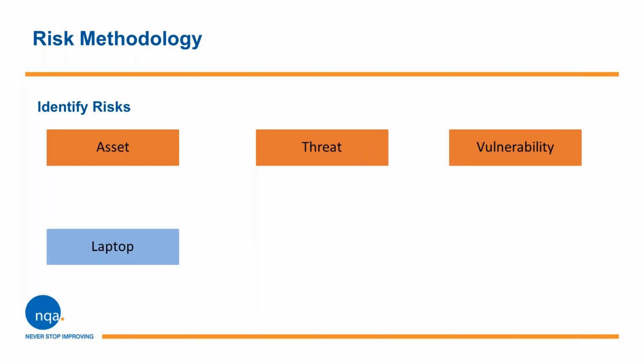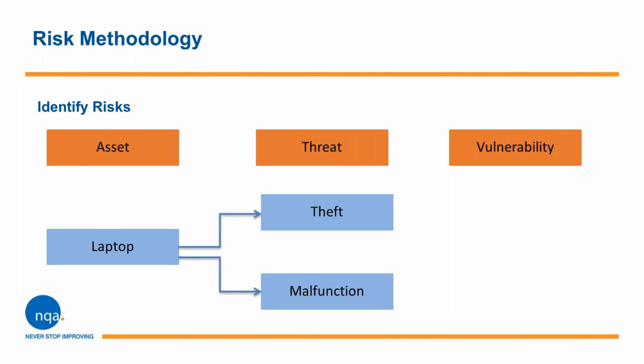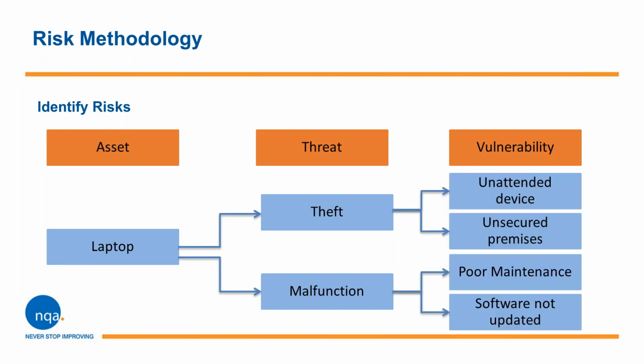So let's have a little look at, as I previously mentioned, a laptop and how to identify risk from this asset. So one asset may have numerous threats and then a number of vulnerabilities, and all of those are on screen now. The key thing to identify is all risks associated with certain assets and also the vulnerability posed by these risks. So the theft and malfunction piece are two different threats for the same asset. So hopefully you can see that there are multiple threats and then multiple vulnerabilities from those threats from just a single asset.